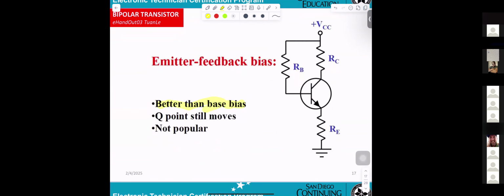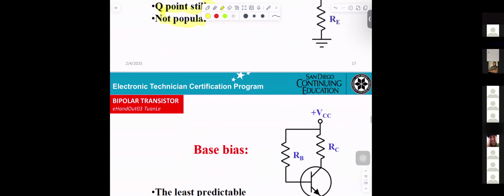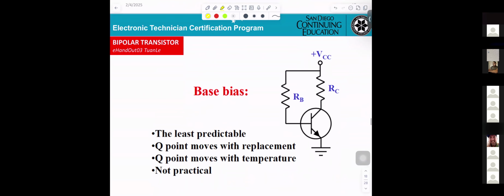Q point still moves. So that's why not using, okay? But we just show it to you here, okay? When you see this circuitry, you know what it is. If you want to know the value, they have to give you VCC, RB, RC, RE. You go to the simulation, okay? You can get